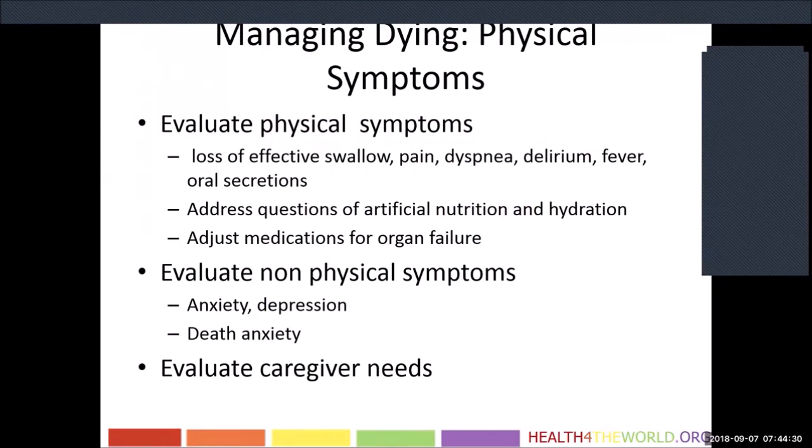You want to do a normal evaluation of a patient, but when you're questioning whether your patient is actively dying, you want to see how their swallow is, how their pain is, their respiratory status, if they're delirious, if they're having fevers, and whether they can manage their secretions. Each of these should have active action plans that you're able to pre-plan for, making sure your medications are ready, and also educate the family that these things are normal.